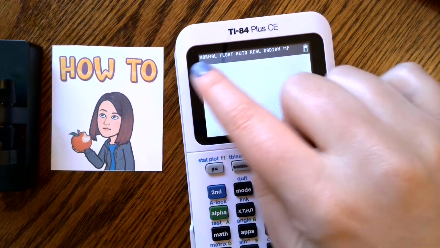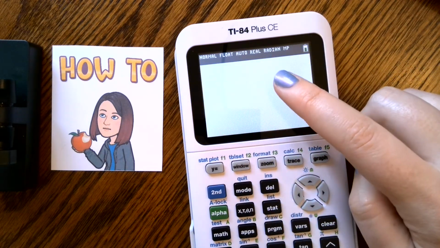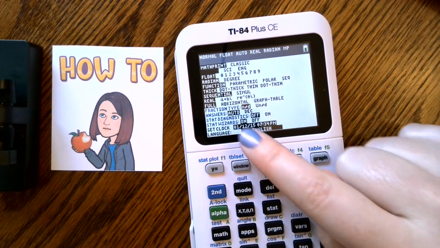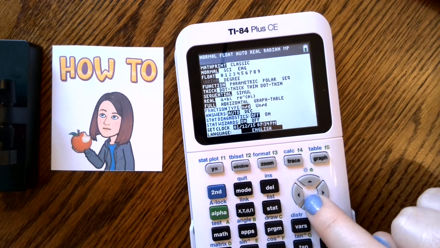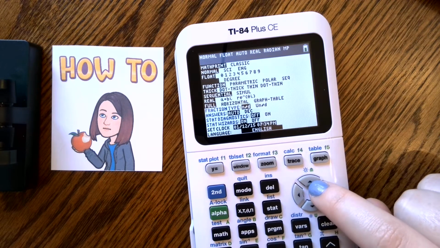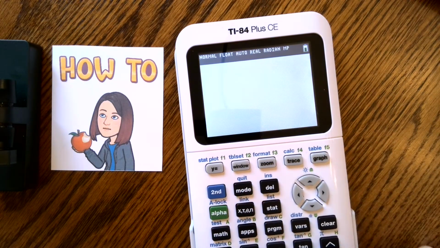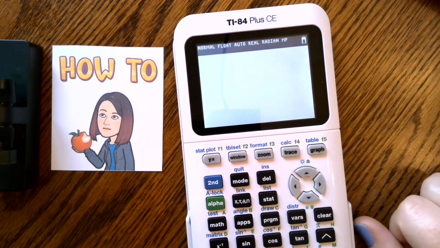If you have an older version of the 84, that's fine. Just hit mode and make sure that rad or radian is highlighted. If you've done physics, you may have switched over to degrees, so make sure you're in radian mode. Quit out of that. Okay, so as we move into Unit 11, in this part of the course, we're not